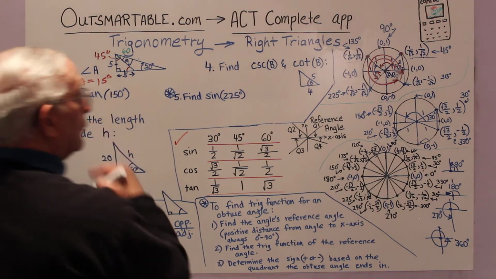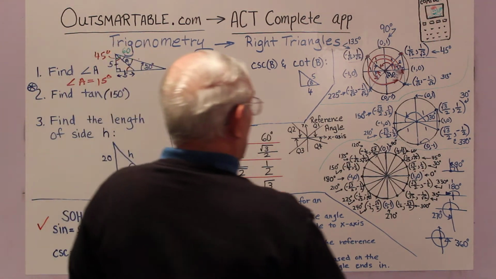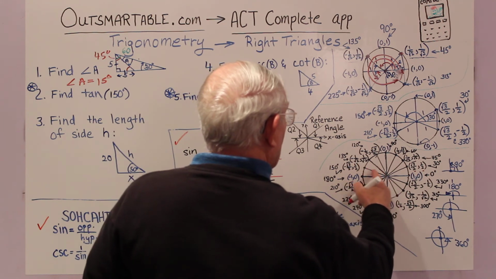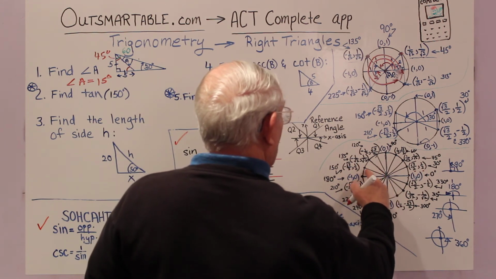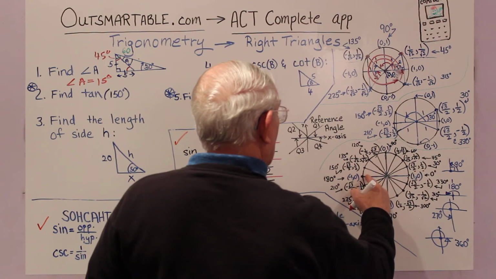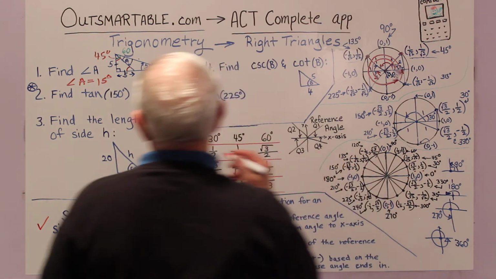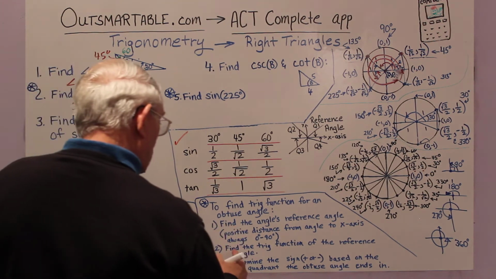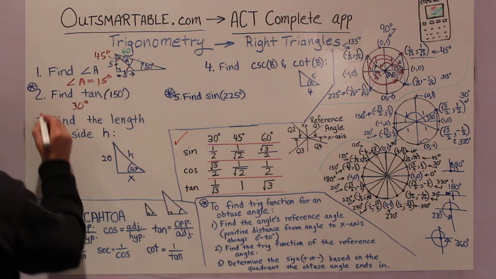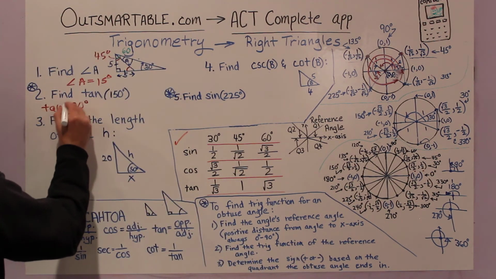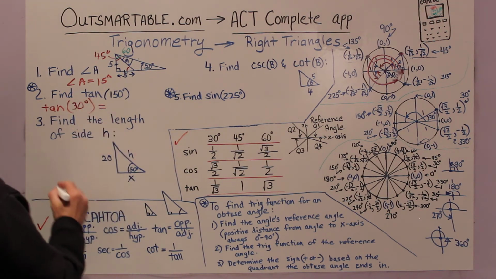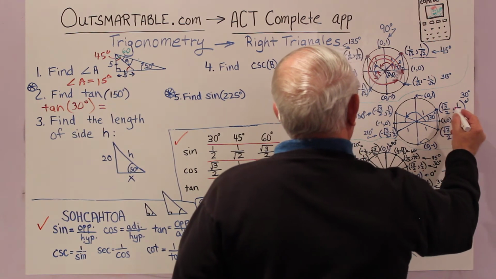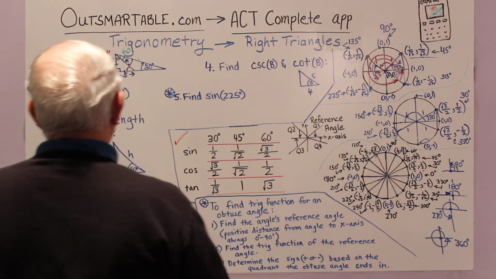See, 150 degrees, here it is. It's in the second quadrant, and the distance to the x-axis is 180 minus 150, so it's 30 degrees. So we found our reference angle. Step 2, find the trig function of the reference angle. Find the tangent of the reference angle. Well, let's see, tangent of 30 degrees is equal to the sine divided by the cosine, which is 1 over the